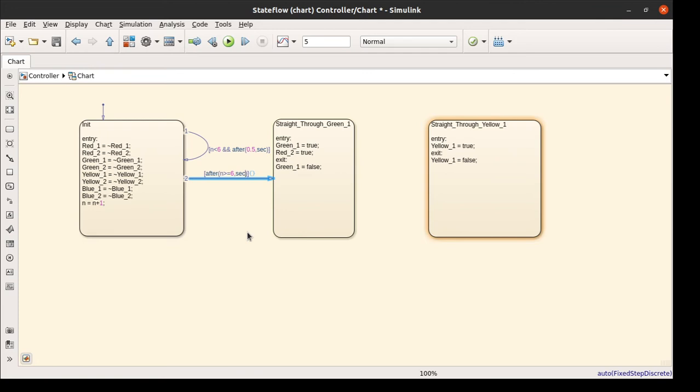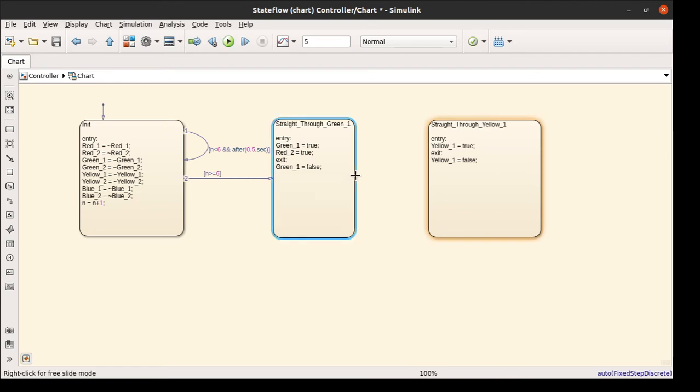So here we don't have to put any temporal logic, it will be just a single variable, that is n greater than or equal to 6. Whenever n is less than 6, we will be in the init condition. Once that is done, whenever n is greater than or equal to 6, we will transition from init to straight through green.